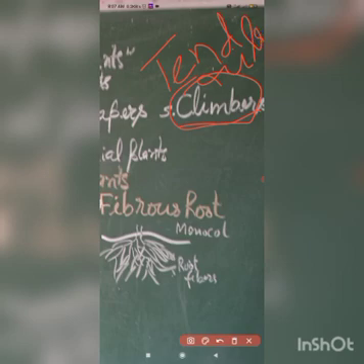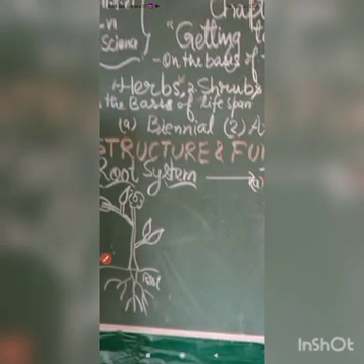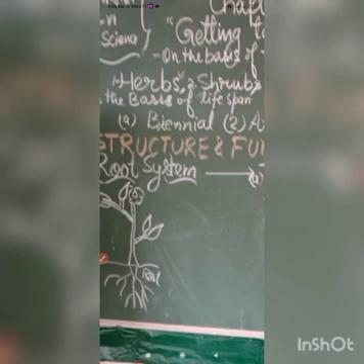So students, you have seen the different size plants like herbs, shrubs, trees, creepers and climbers in this video. And now come to the next, that is the classification of the plants on the basis of their lifespan. On the basis of their lifespan, the plants are of so many types.